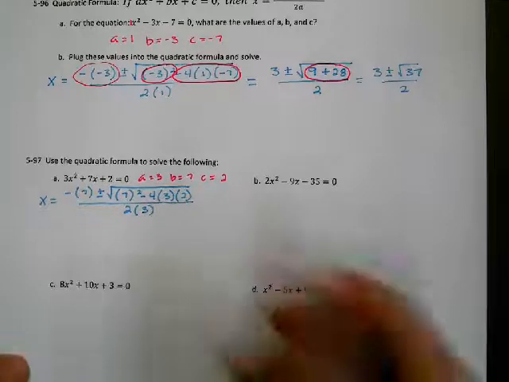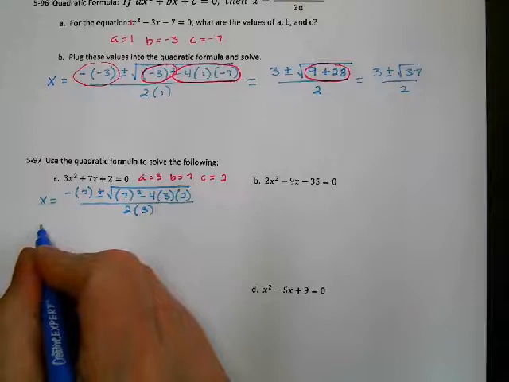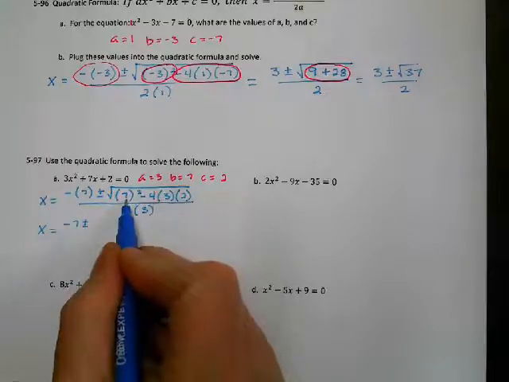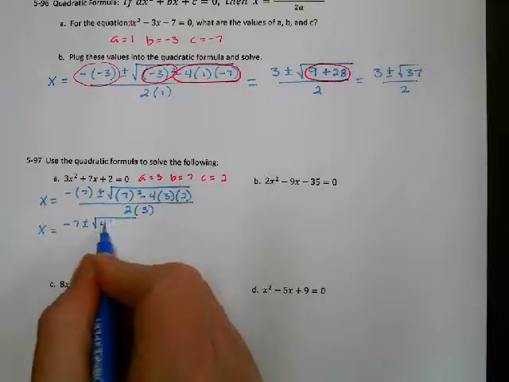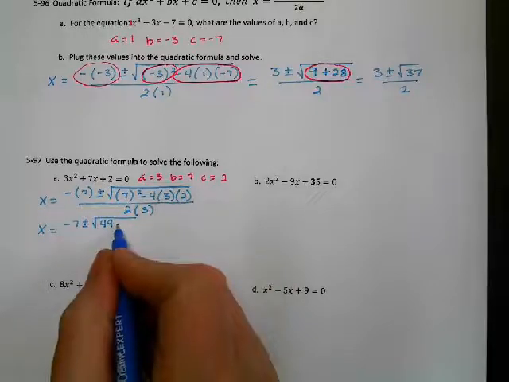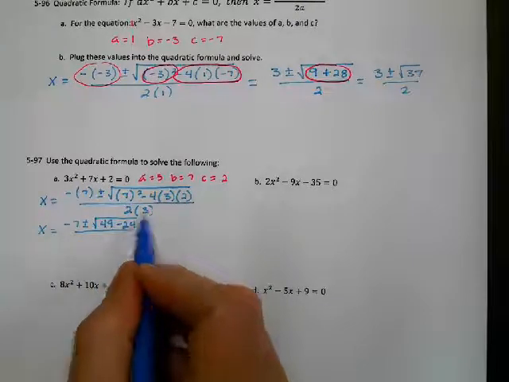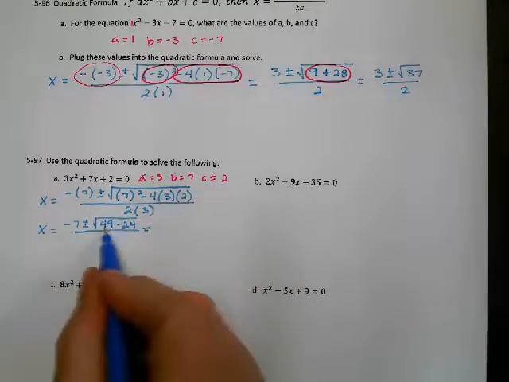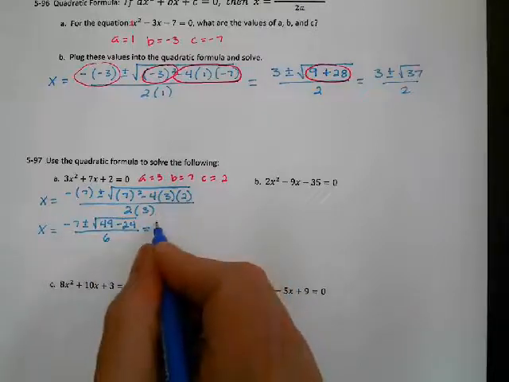All right, now I clean up the 4 spots. I clean up this one first. That's just going to be negative 7. Next spot, I clean up here. 7 squared is 49. Negative 4 times 3 is negative 12. Negative 12 times 2 is negative 24. Last spot, 2 times 3 is 6. I combine these 2 like terms right here. 49 minus 24 is 25. So this is negative 7 plus or minus the square root of 25